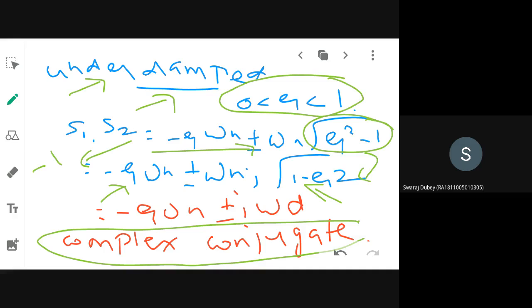Now you have come up with one new value, omega d. What will be the formula for omega d? What is the thing that you are substituting as omega d from the previous equation? What two terms together have you taken? This omega n into square root of 1 minus zeta squared, you are combining to substitute as what?